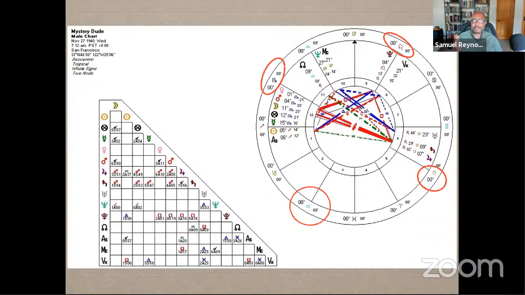Again, aspects become important because they give us information on what we can know and learn about these houses, in terms of Venus speaking for the Taurus sixth house. So there may be some problems that may relate to taking care of himself, but Mars, by virtue of his stamina, sense of discipline, by virtue of also being opposite to Saturn and Jupiter, may take care of that. So who is this person?